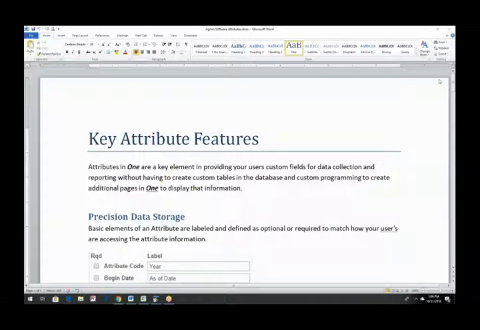Today we are looking at attributes and how they can be used. What are some of the features involved with attributes, and how can that make your experience a little bit better